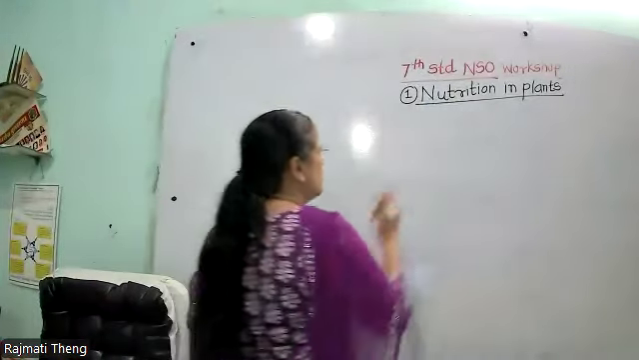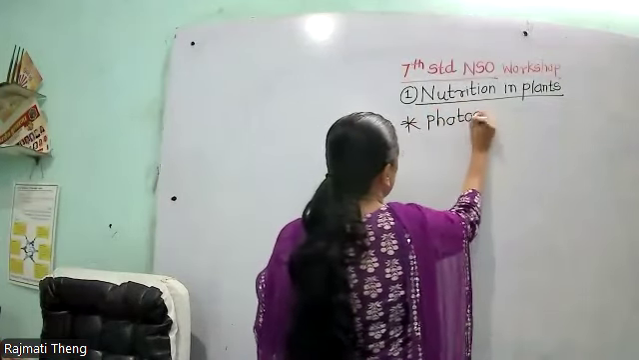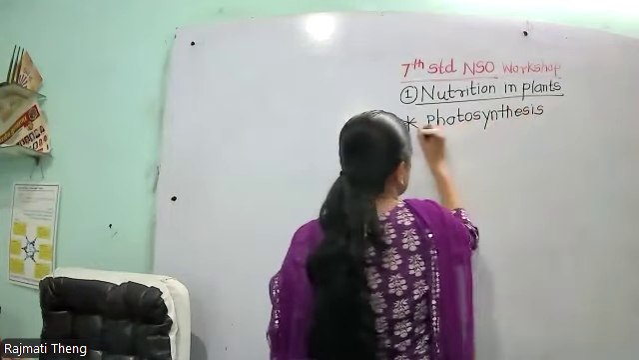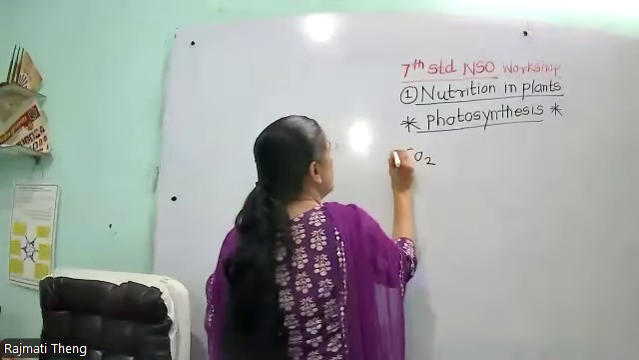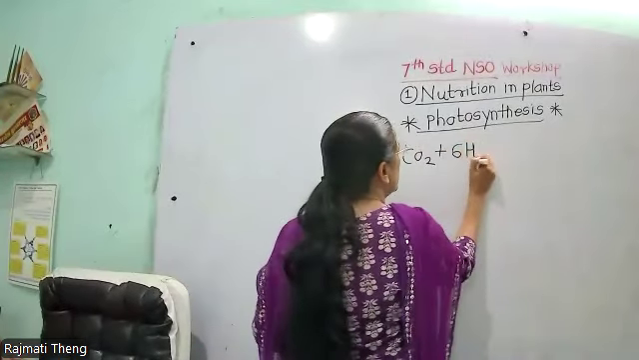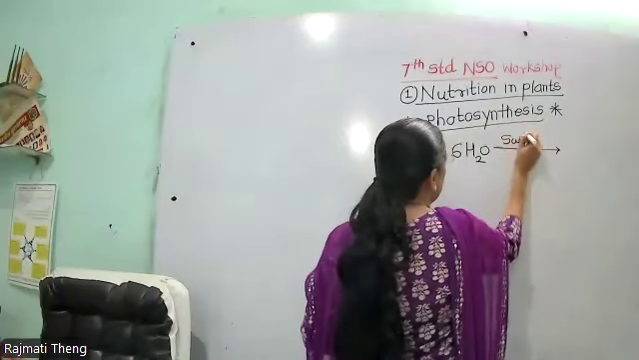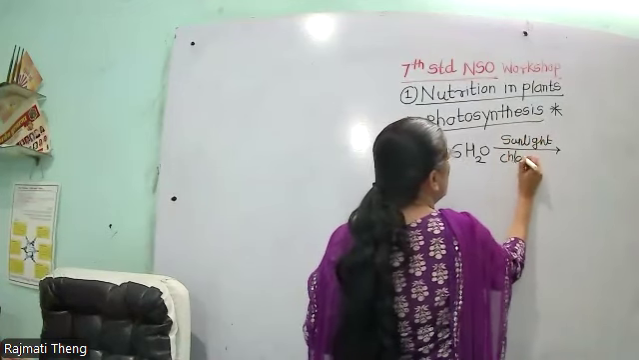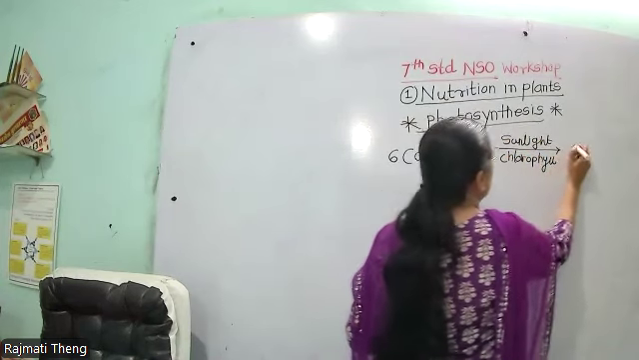Then next one, that is sunlight. Photosynthesis. In case of photosynthesis, green plants take carbon dioxide from the atmosphere. Green plants take water and minerals from the soil. They, in the presence of sunlight and chlorophyll, a green color pigment which is present in the leaves,